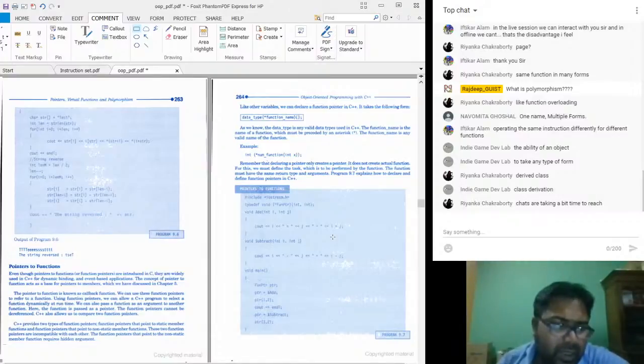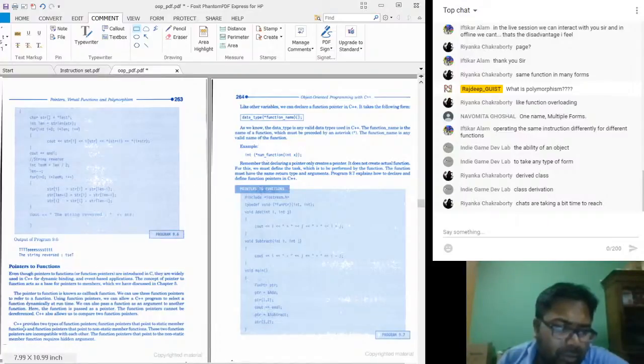Next, you have something known as pointer to functions. It is also possible to declare a pointer to a function. How do you declare it? You have the data type, followed by, within parentheses, the function name preceded by an asterisk, and again some braces.